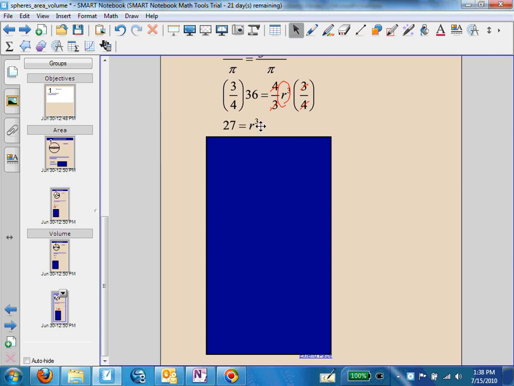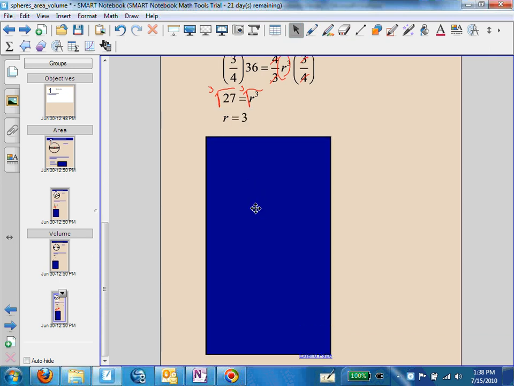Again, we are trying to get r cubed by itself, so we are hoping to end up with a perfect cube. So if 3/4 times 36 gives me something really close to a perfect cube, we're going to want to go ahead and just round to that perfect cube. So now I can just take the cube root of both sides, just like with the square root, only it's a cube root, which means that some number multiplied by itself 3 times has to equal 27. And that number is 3. 3 times 3 is 9 times 3 is 27. So 3 times itself 3 times is 27. And that's